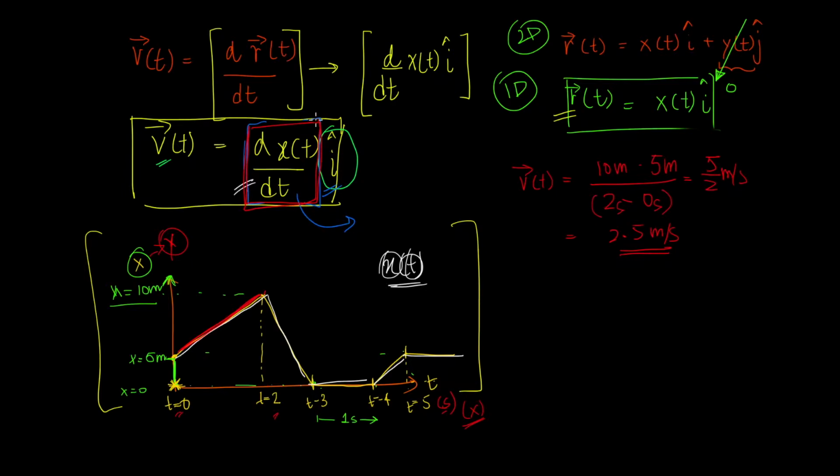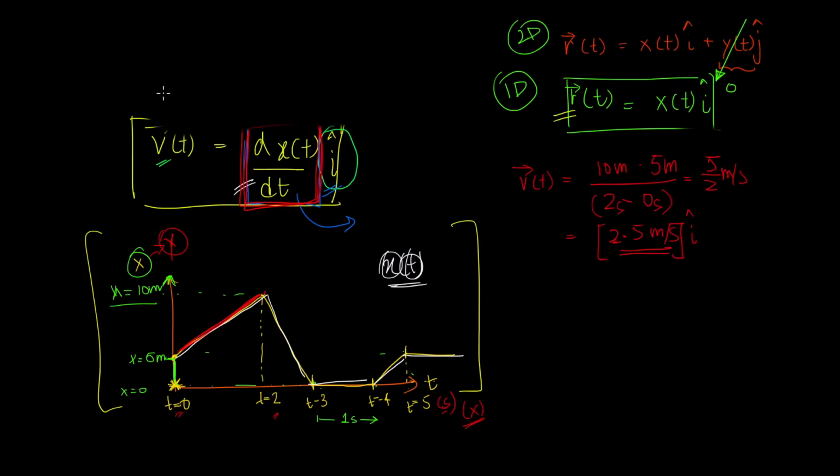What about the i direction? Is it positive or negative? Well, because this value here is positive, the velocity would simply be this multiplied by i. And therefore, we know that the body is moving away from the origin, away from where we started measuring its motion. So that is to say that if we had a coordinate axis like this, the x direction in which the body moves, the 1D case, and so this were the origin,